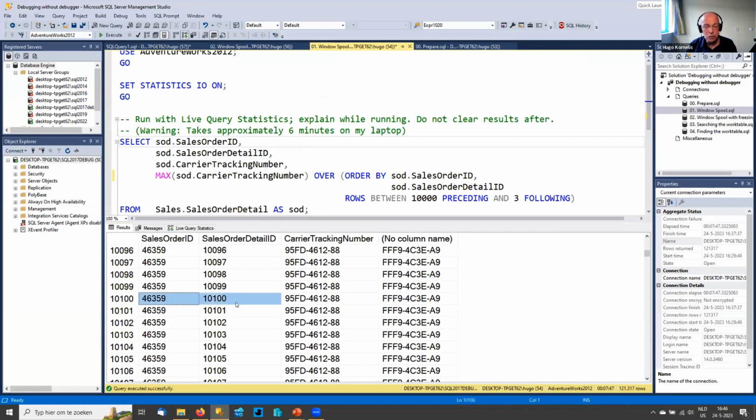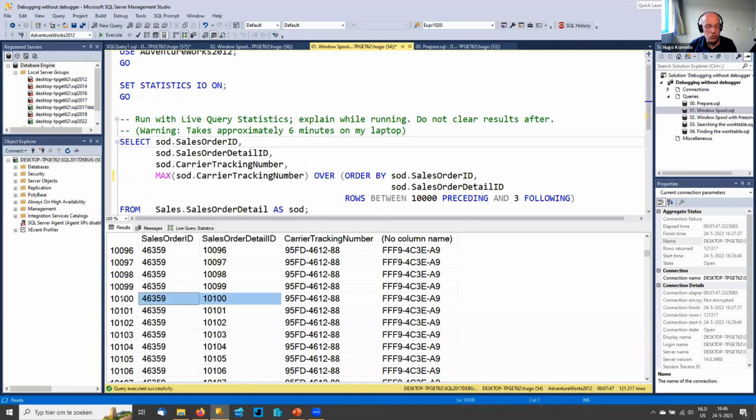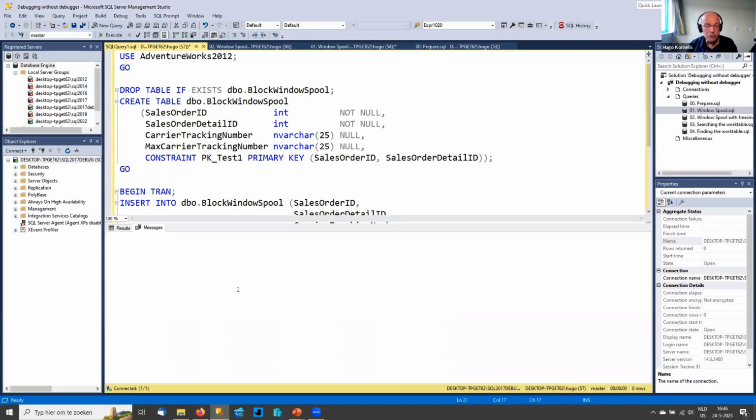So these are the values, 46,359 and 10,100. And those are the exact values I have here. So by the time SQL Server wants to insert this row, which is the 10,100th row, and I deliberately took a row slightly over 10,000 to make sure that we have a full window here. By that time, SQL Server will block, because after running this, and you see that the rollback is commented out. So after running this